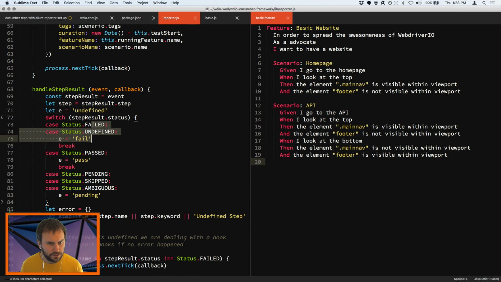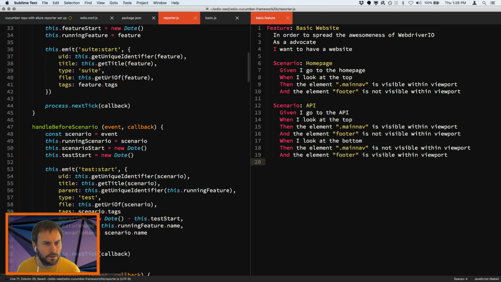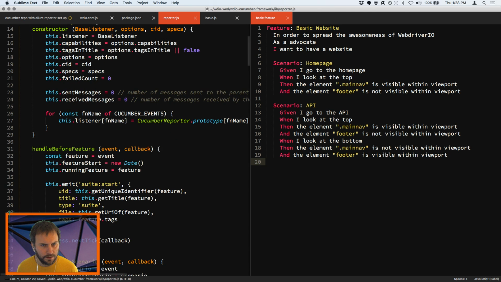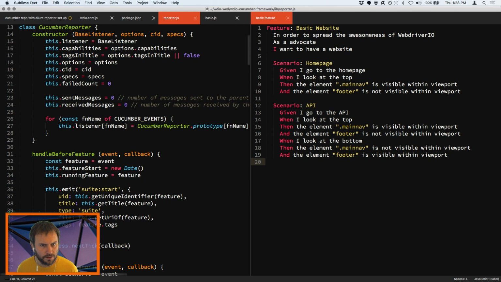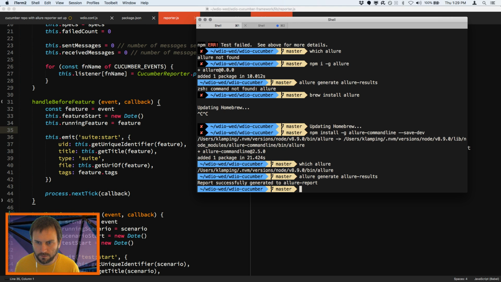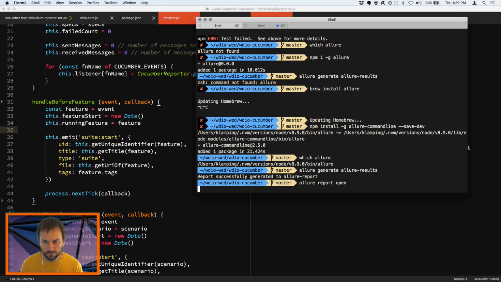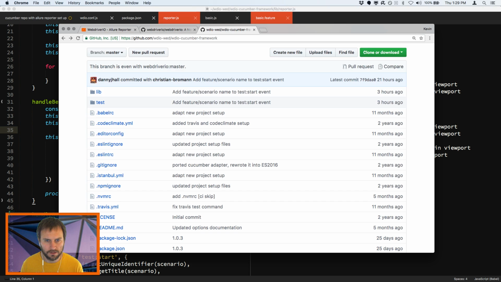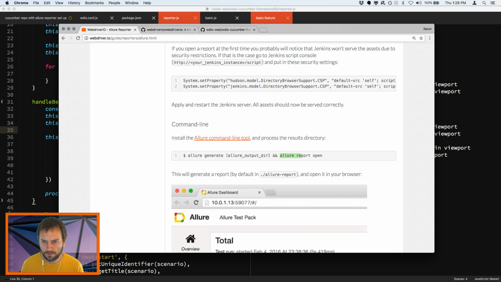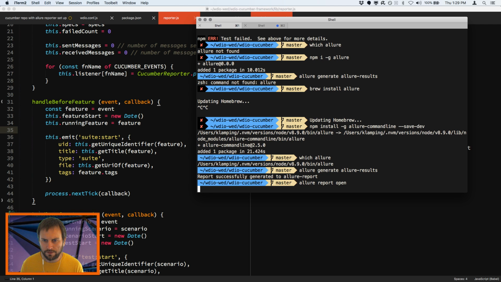See here all of the different statuses that can be sent through. Yeah, I think that's all that needs to be changed. So, okay. Now we can do an Allure report open, I believe. Let me double check on the WebdriverIO site. Yeah, Allure report open. So that's going to start a local server,